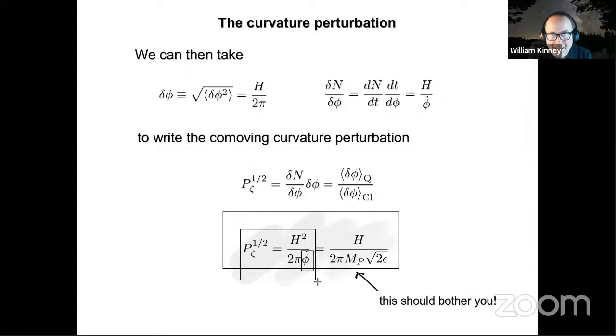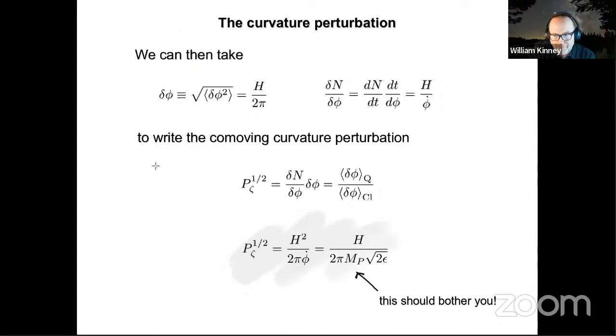What does that mean? We will answer that question tomorrow. So keep that in mind. We'll actually come up with a way to understand what this bizarre result means, because it's not very often that as your approximation gets better and better, your observable diverges, right? That makes no sense at all. And we have to unwind why this thing goes to infinity when phi dot goes to 0, because our approximation should be getting better and not worse. Okay, but I'm not going to answer that question right now.